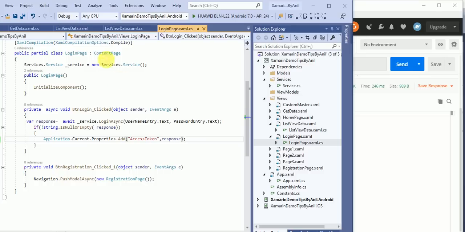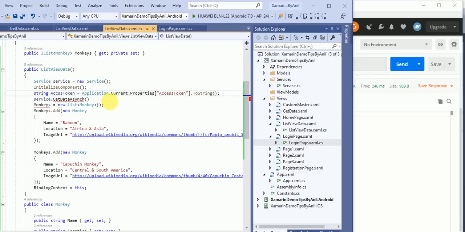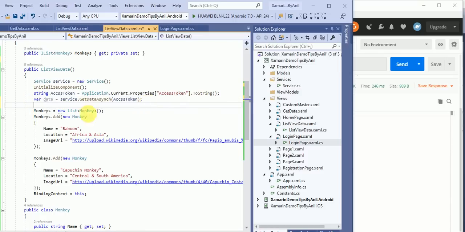Now here we will pass this access token. Here we are getting the data, suppose var data equals the data we are getting, and I want to feed this data in this list. So I will create a foreach loop.